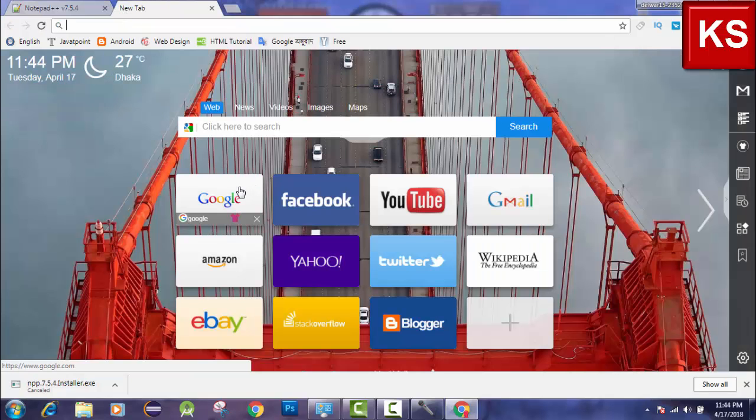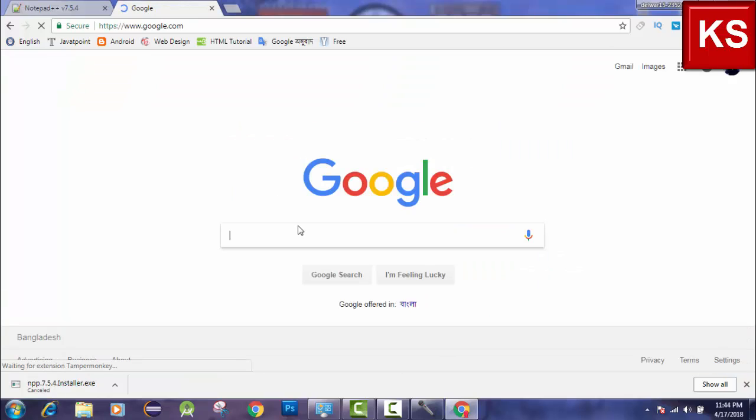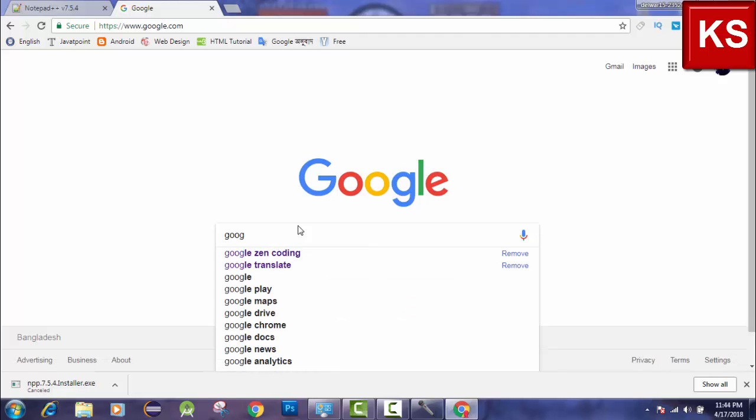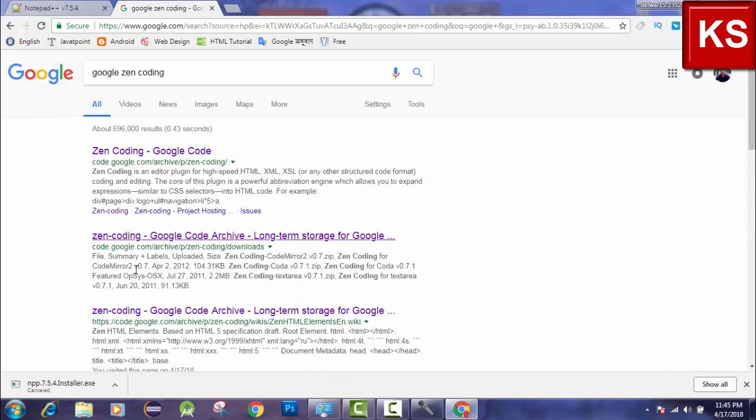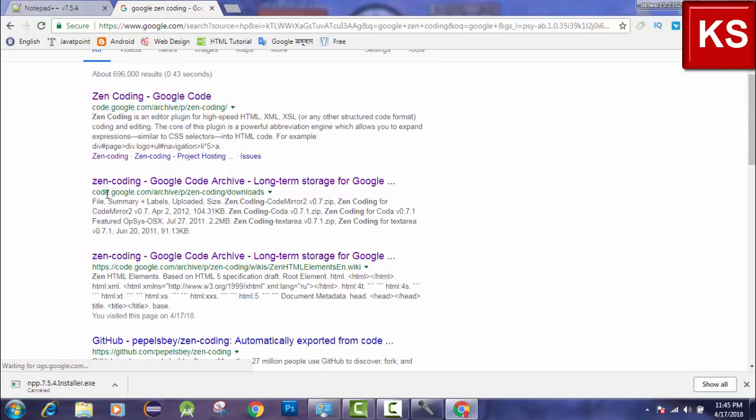you have to go to Google and search Google Gencoding. So here are the several links of Google Gencoding. You have to click on Gencoding Google Code Archive. Open the link, and